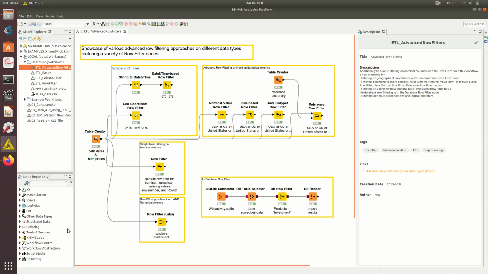Hello everybody, in this video I will show you how we can use birth dates and birthplaces and display various filtering approaches on this dataset, such as date, time, geolocation, with advanced or more flexible filtering, database queries as well. But in this case we will be using another dataset, and also other types of filters that I'll show you soon. So let's look at this prepared dataset,